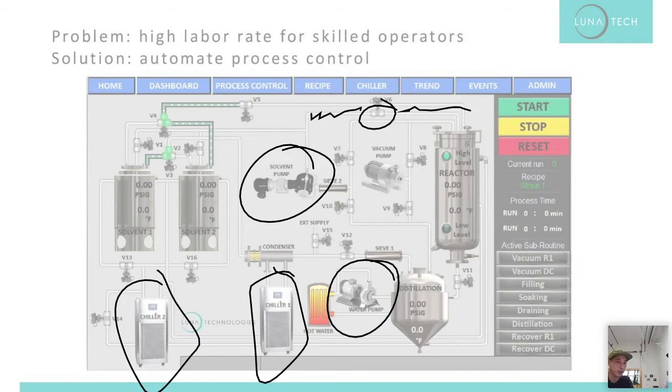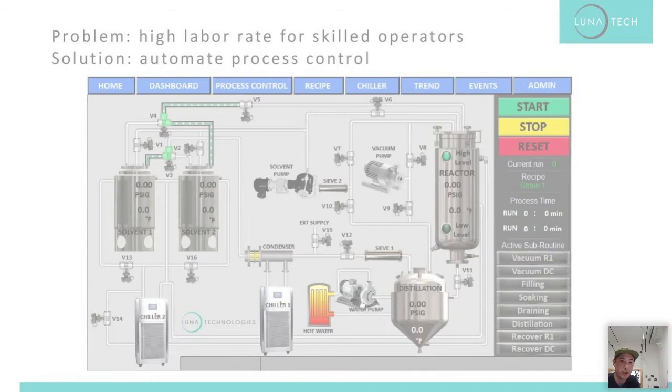And again, this is all just optional monitoring. You don't need to be looking at the screen. Hopefully most of our customers are just pressing the start button and walking away. And a nice thing too is if you fill them in about where they are in the process. Oh yeah. So on this right side, you're going to get some more information, like